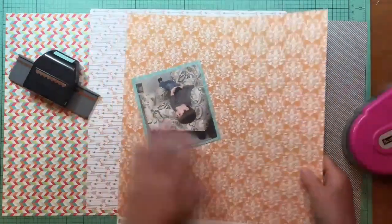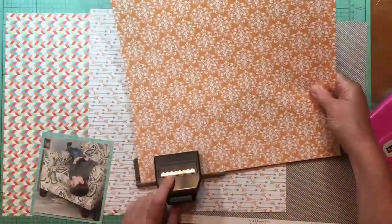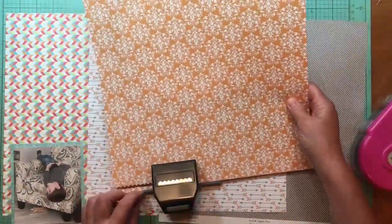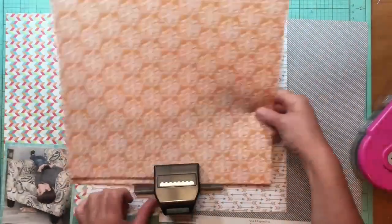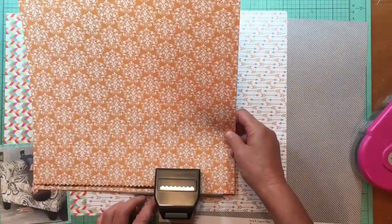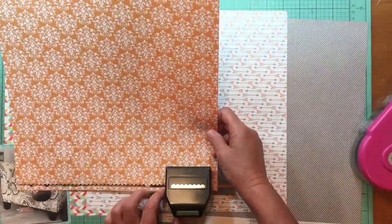So I got a layout that I needed to scrap lift, and scrap lift as close as I could. That was the whole point of this. I'm not showing the original layout that I received because I do not have permission to share that. So what I've done is I took the picture and I decided to mount that on that aqua paper, and